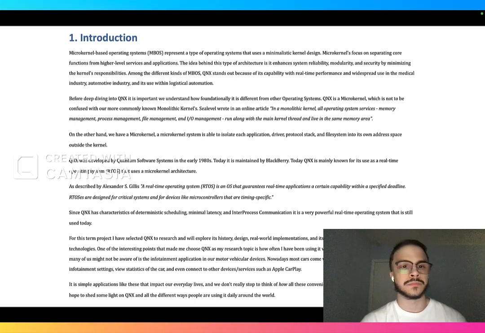This was developed by Quantum Software Systems in the early 1980s. But the main reason why I selected QNX for this research is because of how much we actually use it in our day-to-day without even knowing. Before doing this research, I wasn't aware of what runs my Volkswagen's CarPlay when I plug it in, or the infotainment system. Knowing that QNX is used not just in my vehicle, but in a lot of the vehicles that I see day to day,